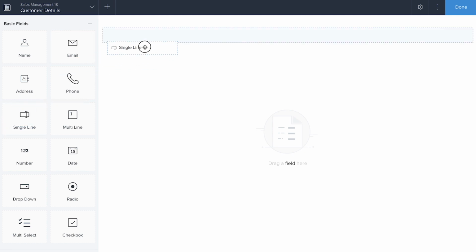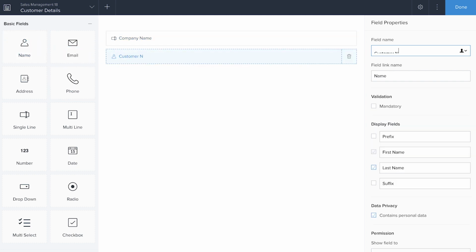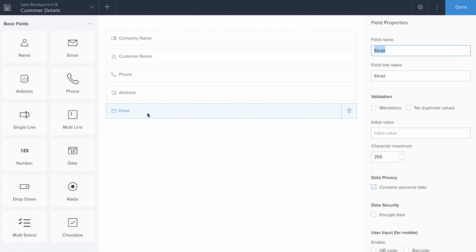I'll use this single line field to get the company name. I'll use the customer name. So next I want to know their phone number. Next I want to know their address. Next, I want to know their email ID. Now that I have got all the details required, I am going to get the product that they have purchased